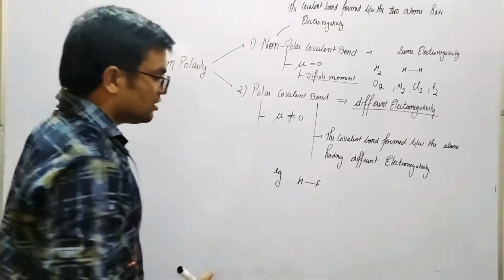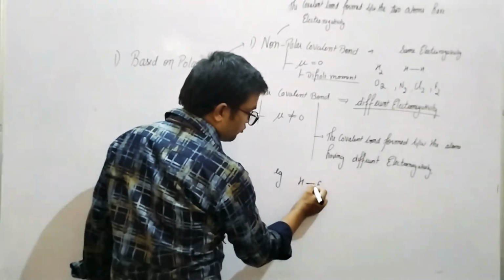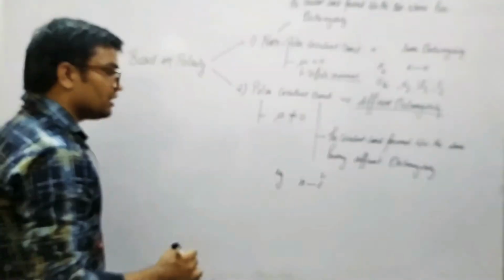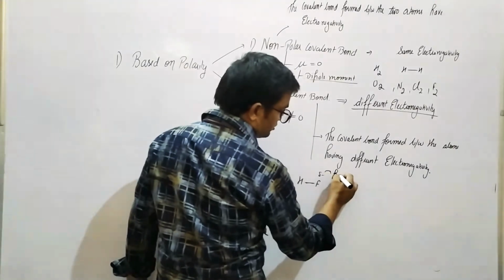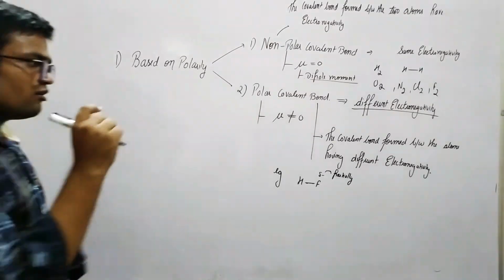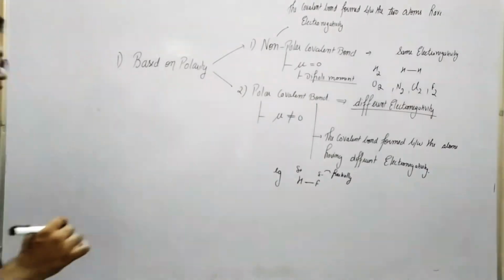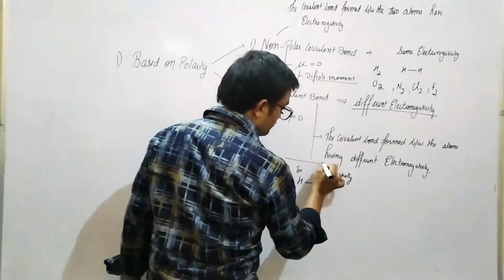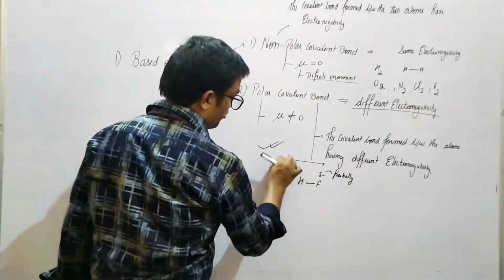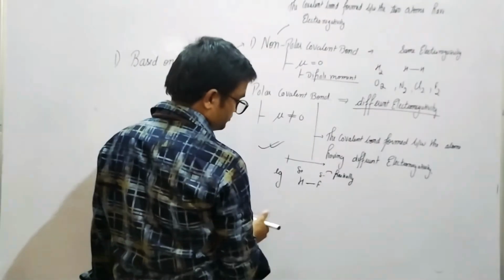In HF, fluorine is the more electronegative atom. Therefore, both the electrons present in the covalent bond are pulled towards the fluorine. Hence, it becomes delta negative, meaning partial negative charge. Partial means a small negative charge develops on it, and a small positive charge develops on the other atom. Hence, our dipole moment will move from positive to negative, and we show this with an arrow representing the direction of dipole moment.